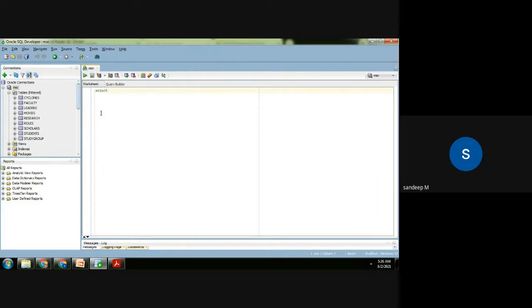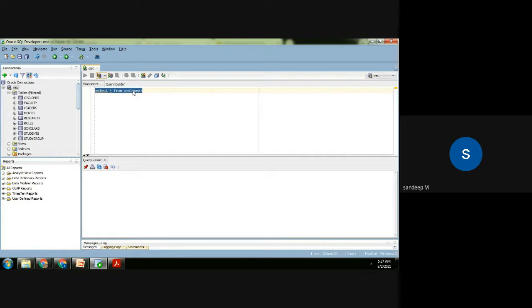the way I will work is I will straight away write the name of the table. So say for example, I will write like this. So this is a command. I'll tell you what that means, but I will write it like this. I will write just the name of the database. So cyclones is the data set available here. So I will straight away write the name of the data sets.